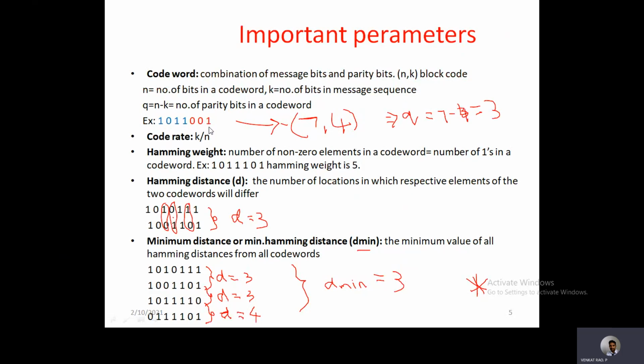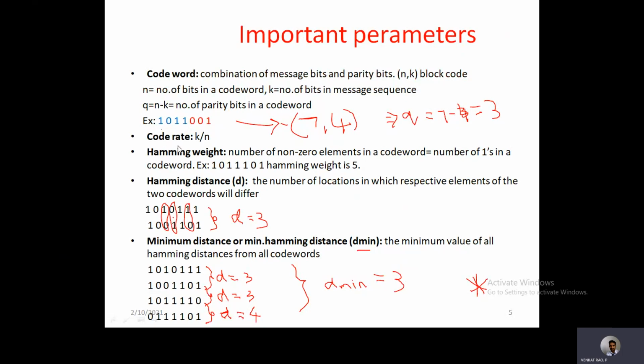That's why this code is said to be a (7,4) block code. And if you want to identify how many parity bits are added here, just from this representation, we are able to identify the number of parity bits. That is q equals n minus k, which is 3, right?